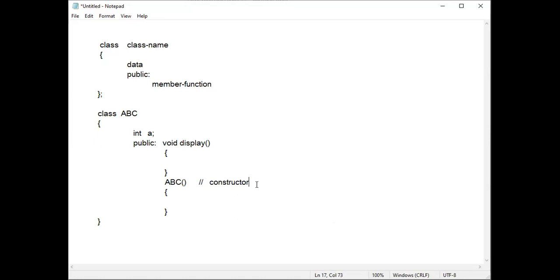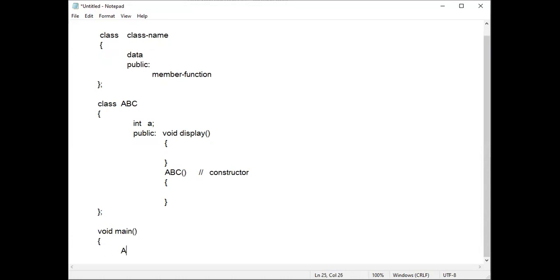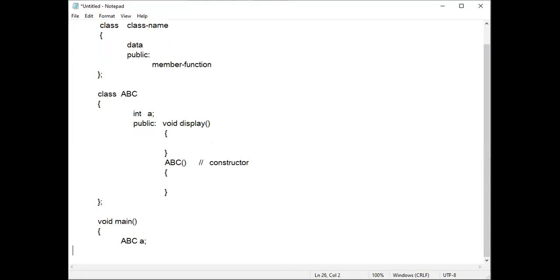Similarly, here constructor means to construct an object, to create an object. If I write the main function, void main, and in the main function I write ABC A, I have created the object called A. ABC is the class name, A is the object name.